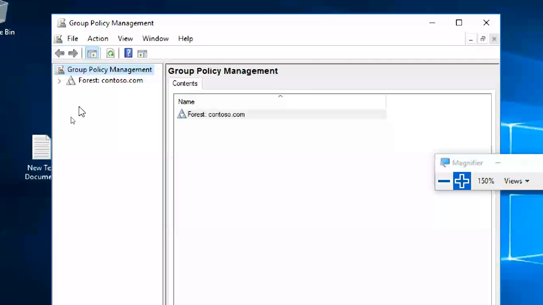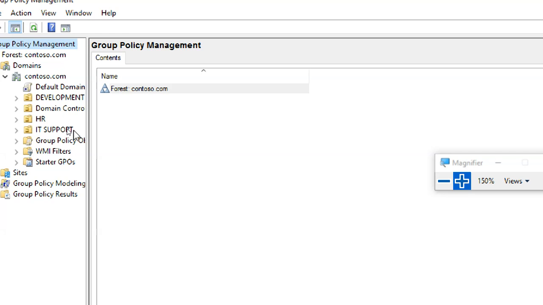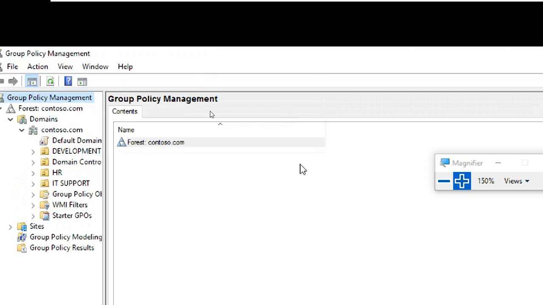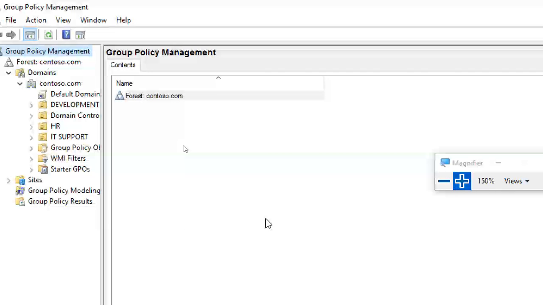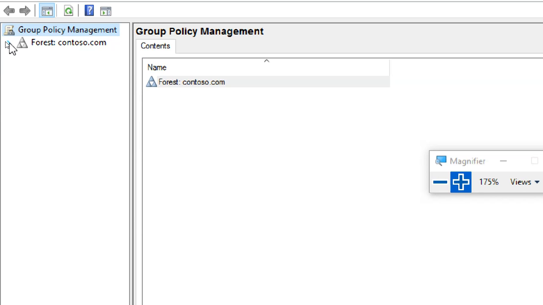Okay. So can you see this one? Group Policy Management. Under that one, Forest, expand the forest, Domains, contoso.com. So like that. When you do practical, always make it in full screen mode. Okay, always in full screen mode. And you have to expand this one. See, like this, it is there.